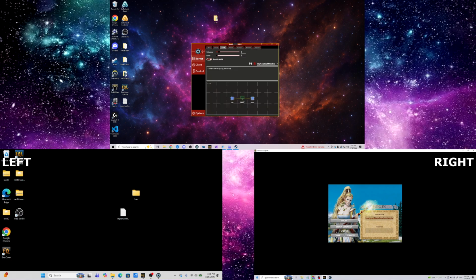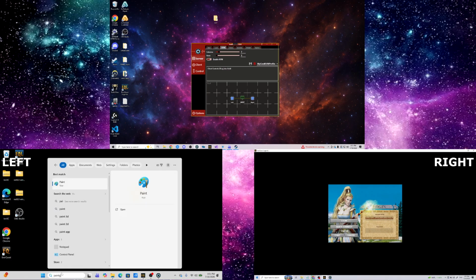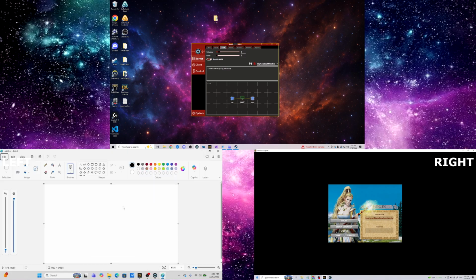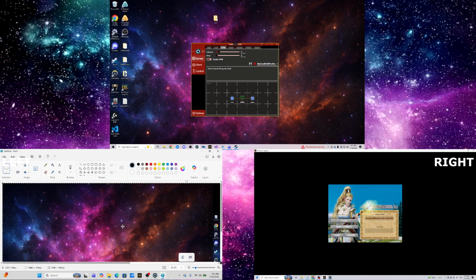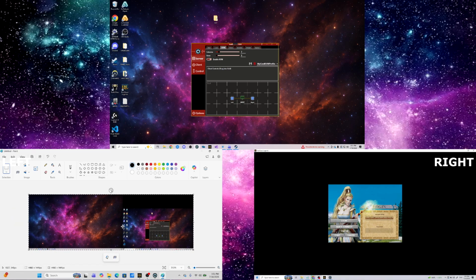So for example, if we press print screen here on our host, and then we move all the way back over to our left client here, let's open up Paint. If we press Control-V, you can see our clipboards have synced and our print screen from the host can now be pasted over here